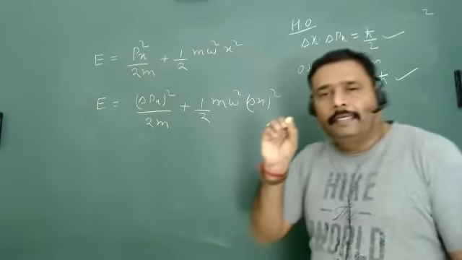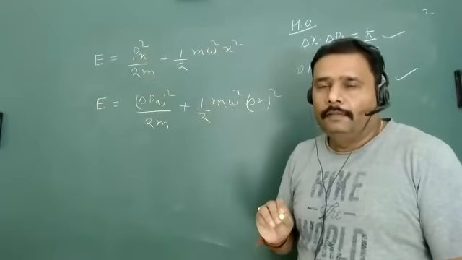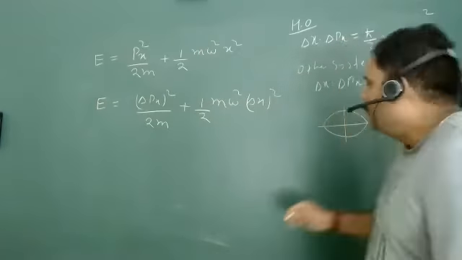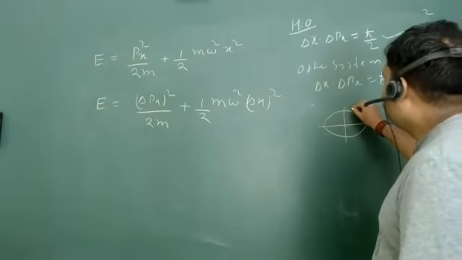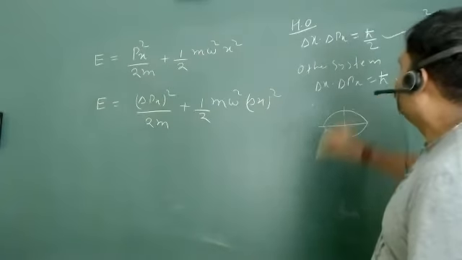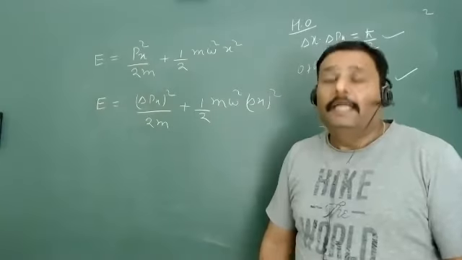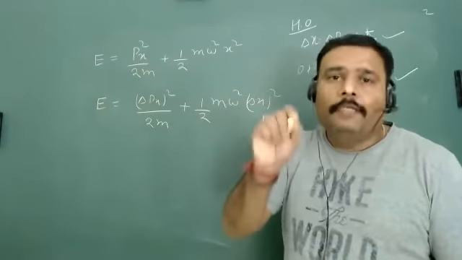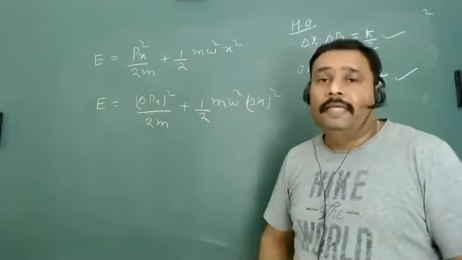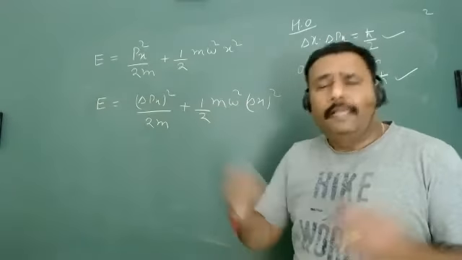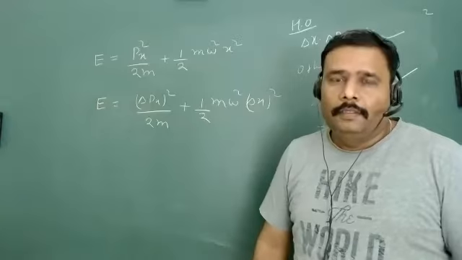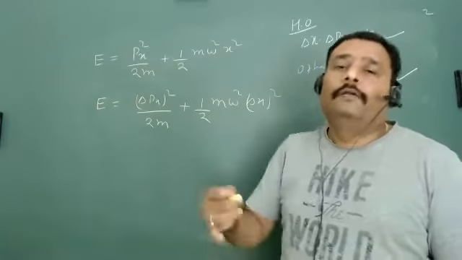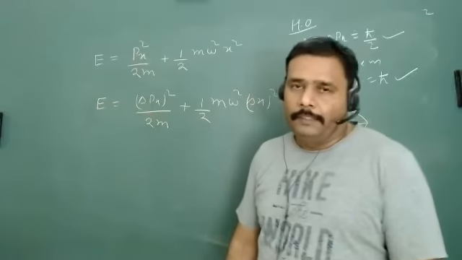You have just given a particular value of energy, and you are finding what the px and x are at this particular point. There may not be one particular value of px and x; there may be 2 values, 3 values, n number of values, and then we find which one is the most suitable, such that we get the minimum value of energy.